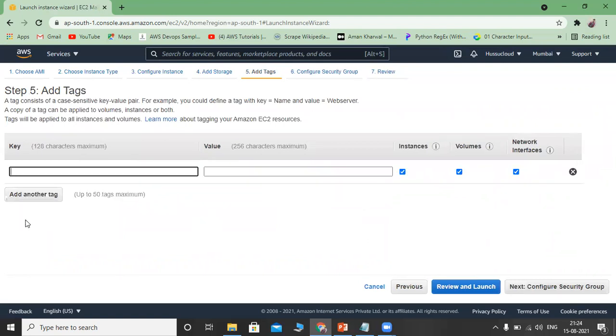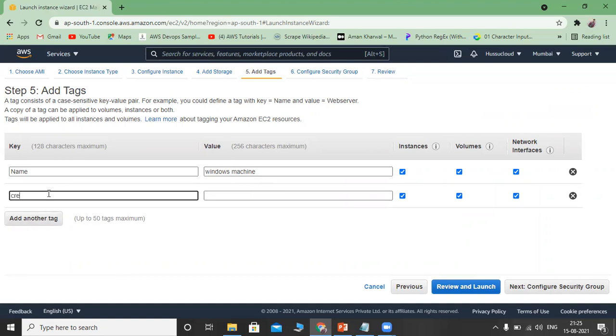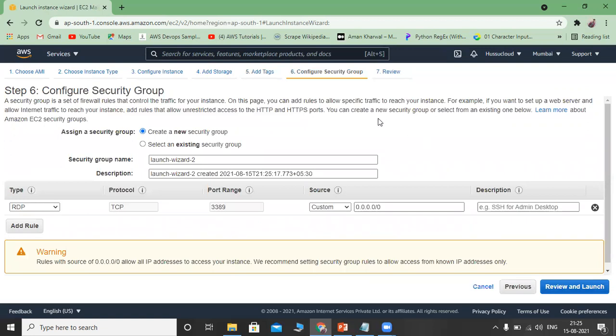We can add a Name tag: the name is Windows machine. And you can add another tag, Created By, Cloud Badsha.